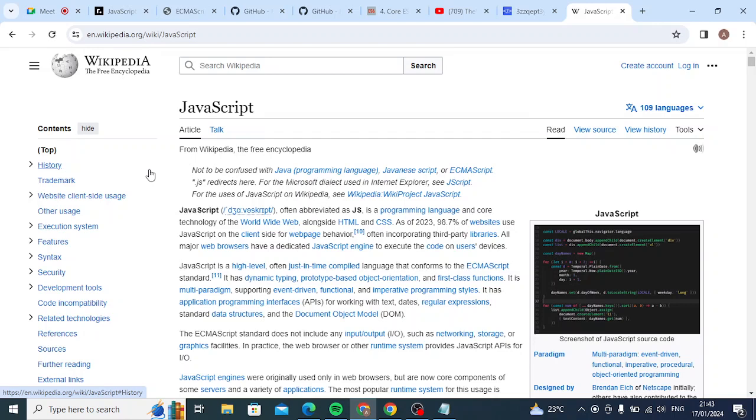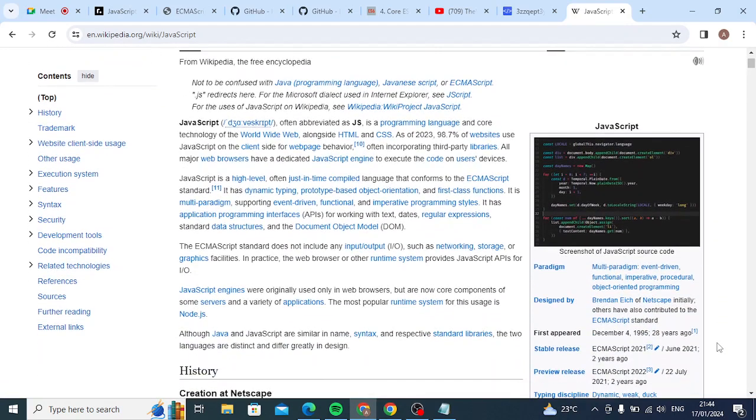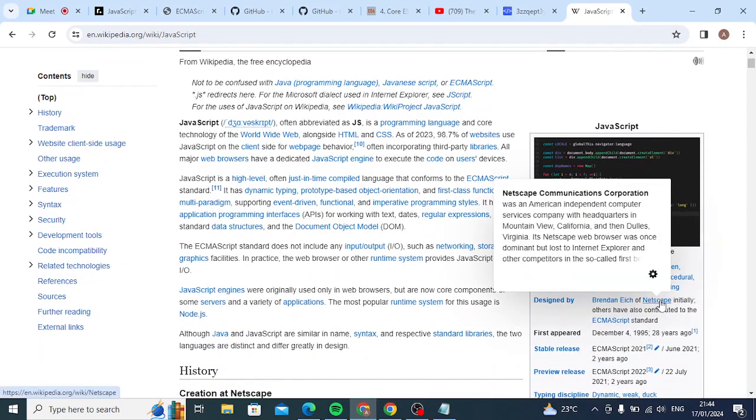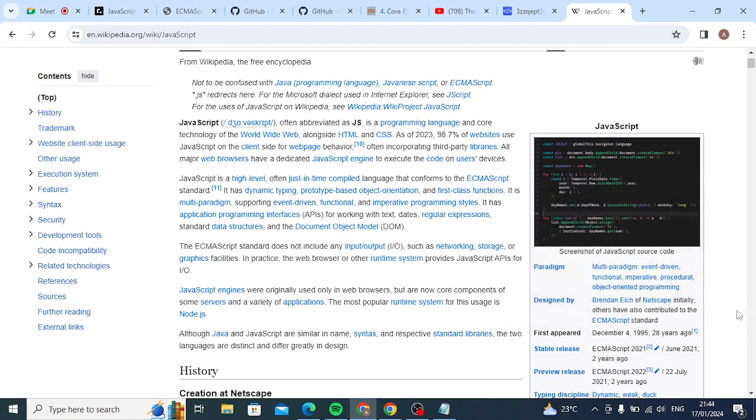Actually, it was created by a person called Brendan Eich. He was working for a company called Netscape. They had a browser, Netscape Navigator, an old browser. This was created in the 90s, which is like 1995.